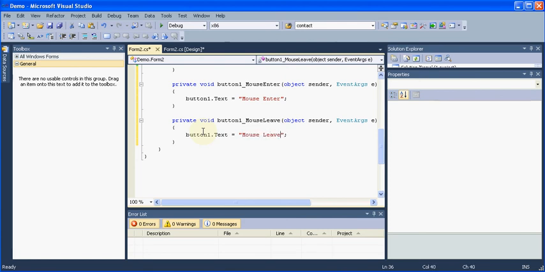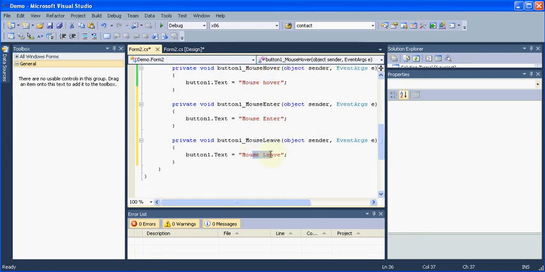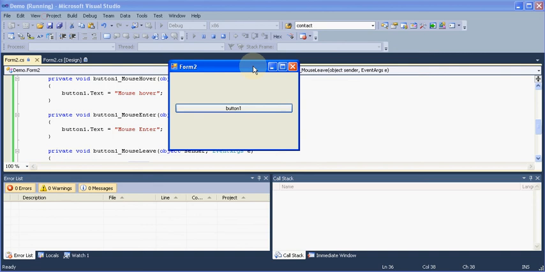Now what happens is whenever we keep our pointer on the button, it will show mouse enter for a fraction of a second, then it will go to mouse hover. After that, when we remove our pointer, it will say mouse leave. Let's run our application.